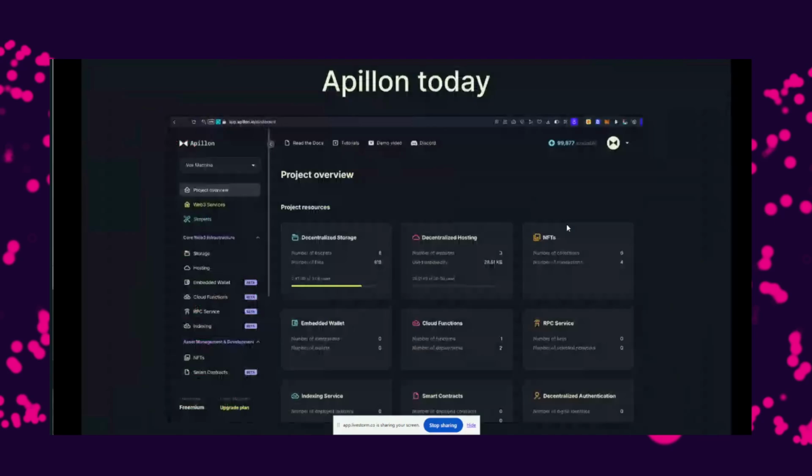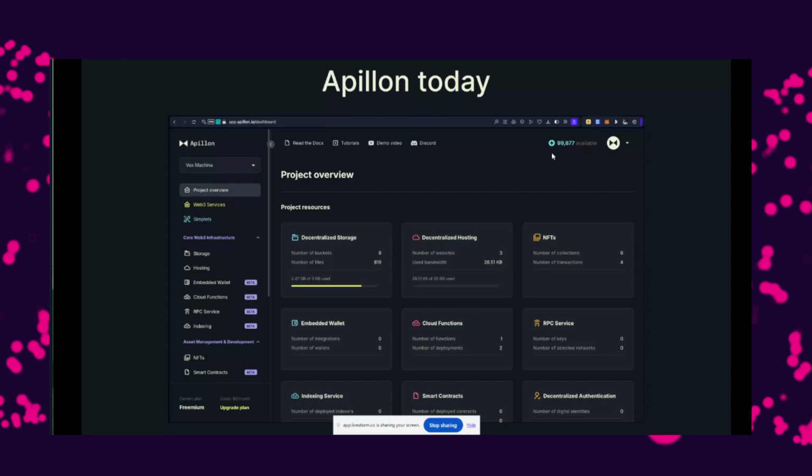All right, so this is how Apelon looks like today. If you log into Apelon, you can create an account. You will immediately get 1,200 free credits, which is around $12 worth of credits, and it will be more than enough for you to build whatever you imagine in this hackathon. If you spend all the free credits, you are not obliged to pay.